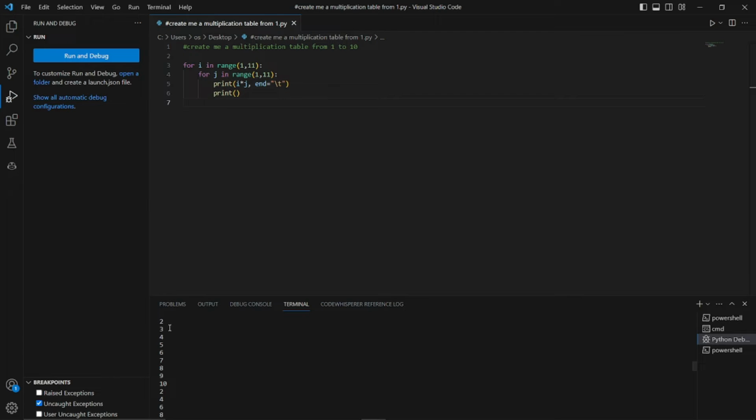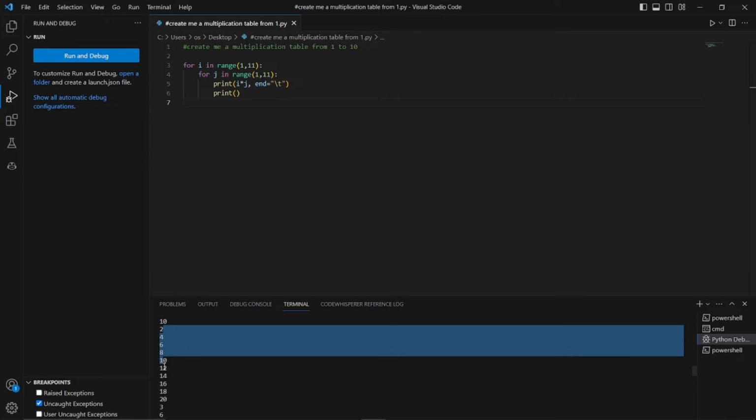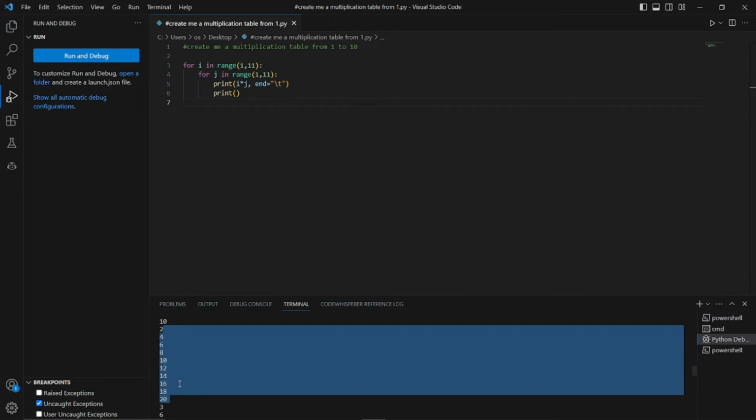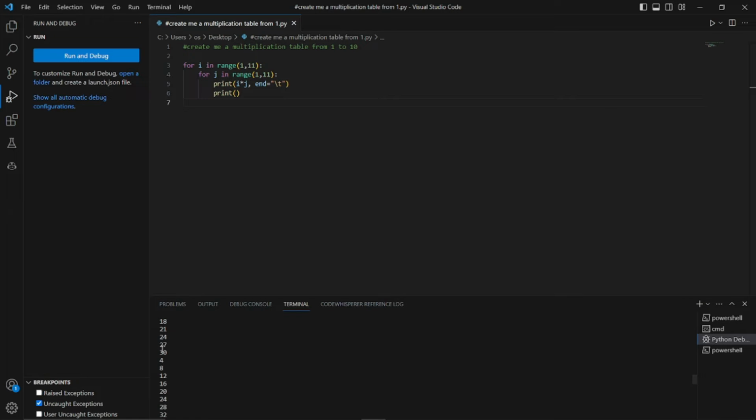First of all, we have the multiplication table of 1, which is 1, 2, 3, 4, 5, 6 up to 10. Then we have 2, which is 2, 4, 6, 8, 10, 12 until 20. Then we have similarly 3, then 4, then 5, then 6. So this was a very simple example just to give you an idea of how this is going to work. Let's move to a little bit more complex example,